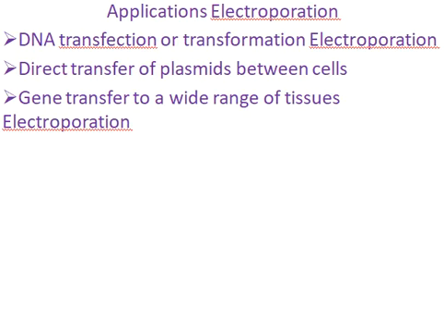Gene transfer by tissue electroporation. It may be performed in vivo, not only in vitro. In vitro means a laboratory condition. In vivo means we can perform it outside also. It is performed in vivo for more efficient gene transfer in a wide range of tissues like skin, muscles, lung, kidney, brain, etc.